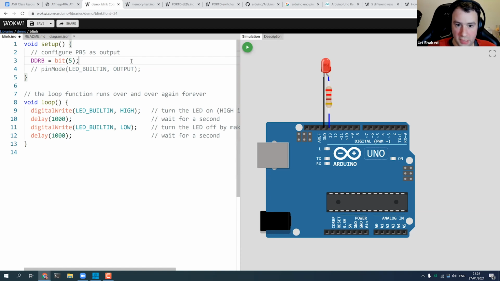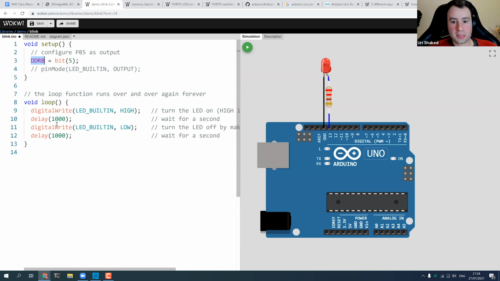If we remove that, then actually the LED still blinks because of the pull-up register. And you can't really see the difference in the simulation right now. But this is the equivalent of this code. And now let's replace these digital writes with port writing to registers.